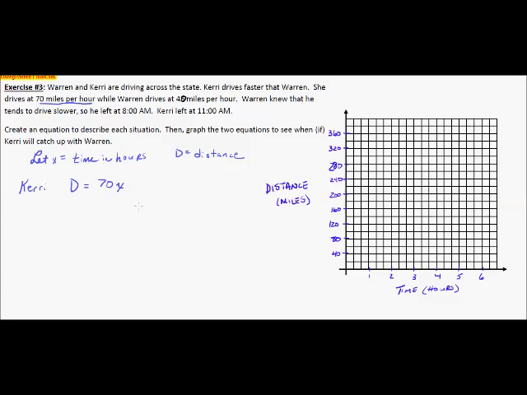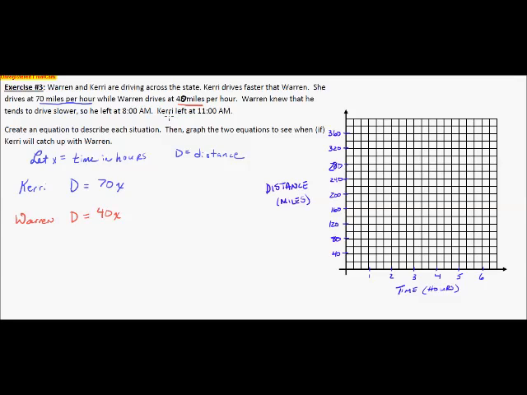So that's going to be 70x. All right. Now Warren, we're going to put Warren's down here. We'll put that one in red. Okay, Warren drives, and he goes a certain distance, but he is going 40 miles per hour. So that's 40 for every x, and he left 3 hours ahead